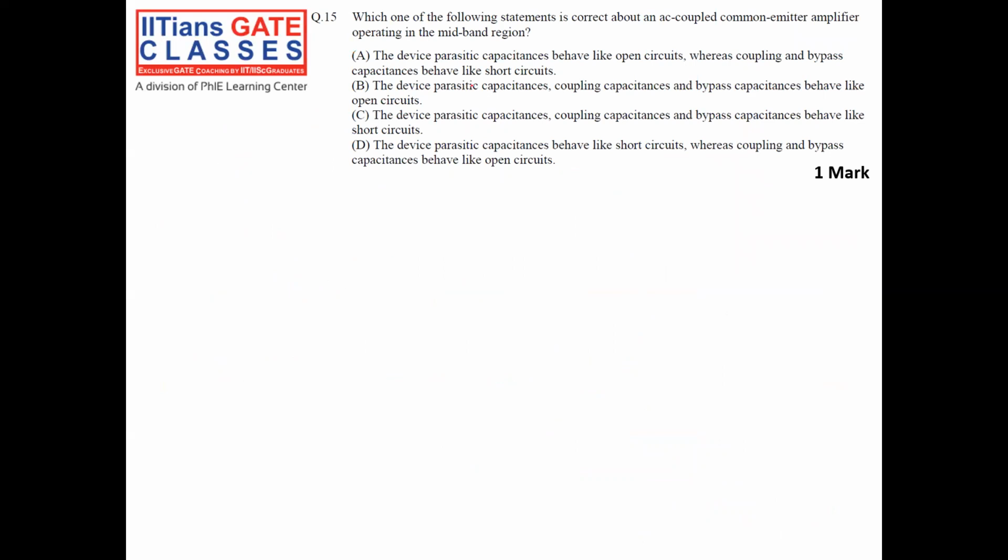Which one of the following statements is correct about the AC coupled common emitter amplifier operating in midband gain? Okay. So it is asking about coupling capacitor and bypass capacitor, right? So if you take a common emitter amplifier, right? Common emitter amplifier, there are some